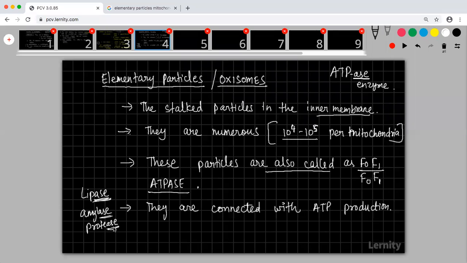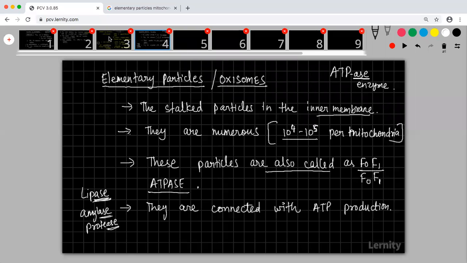Okay, please understand that there are lots of components involved in the Krebs cycle. You will understand Krebs cycle when we are teaching Krebs cycle. So you don't confuse yourself with too much information now. Anyways, you are going to study about all these particles and electron transport chain, how it happens and all, in the chapter respiration. So now you just don't carry too much. You just understand that there are some particles which are there inside the mitochondrial membrane. Yes, that is what we have been studying.